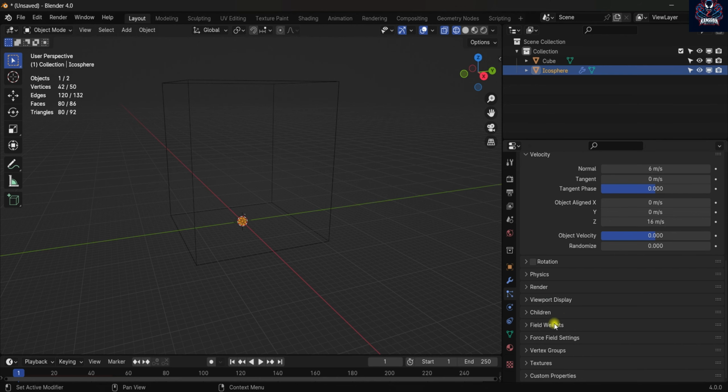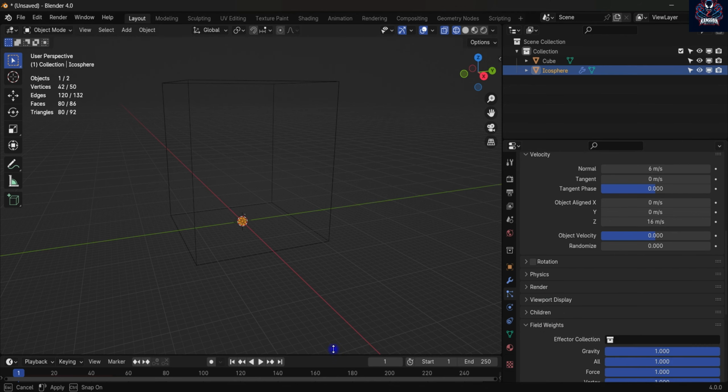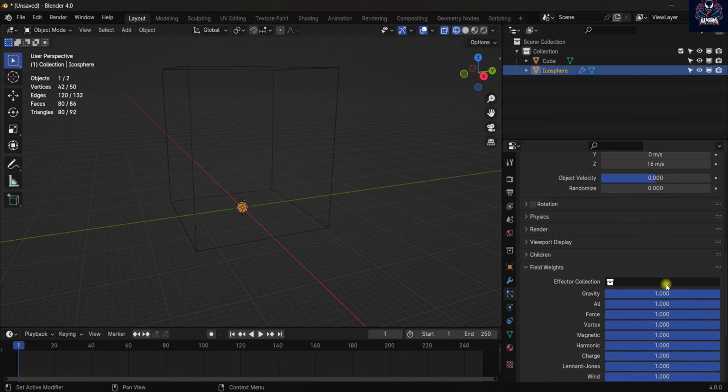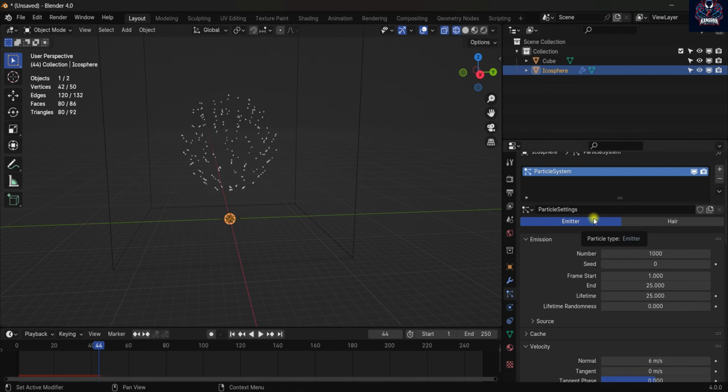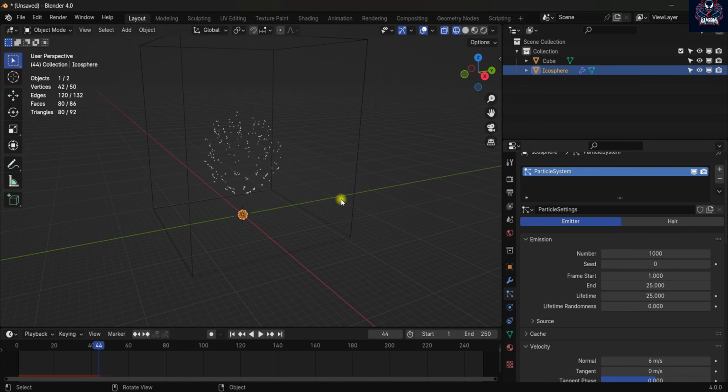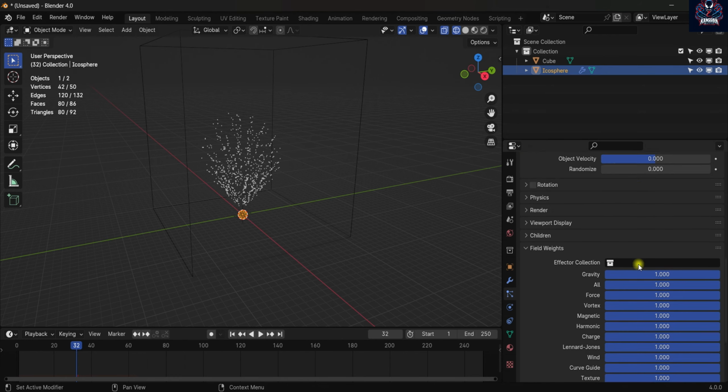The next setting that we are going to do is the field weights. Just expand this window. So we want to animate these. If you play, it feels like that. Okay, if you want to have a high level explosion, you can increase the lifetime and the in frame, but for my case I want it to be very simple, just for your information and to make it much easier. So now I think it's very short. So we can increase this number to something like 32, and this one also 32, and come up to the